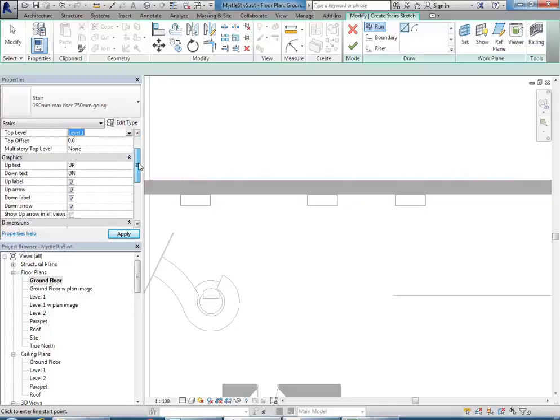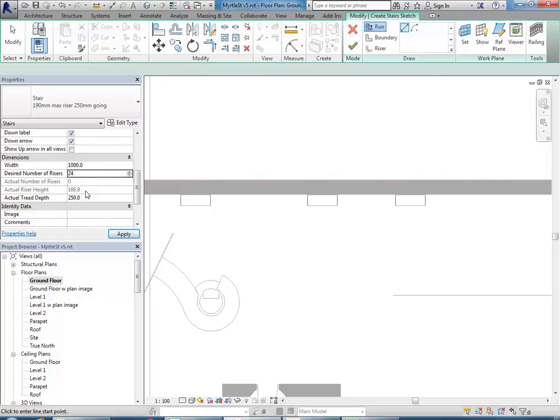Okay, so going down further in that panel, so we've got our levels established, and then you've got the width, we'll come back to that. But then the most important after the levels is the number of risers. So notice you can't just type in a riser height, like you might think you can. When you're drawing stairs, you'll often be thinking that way, that you just set your riser height first and just draw with that spacing. But maybe if you've had to work with different level heights, you'd know that you actually would start with the levels and divide that up between the number of risers so that the risers are all